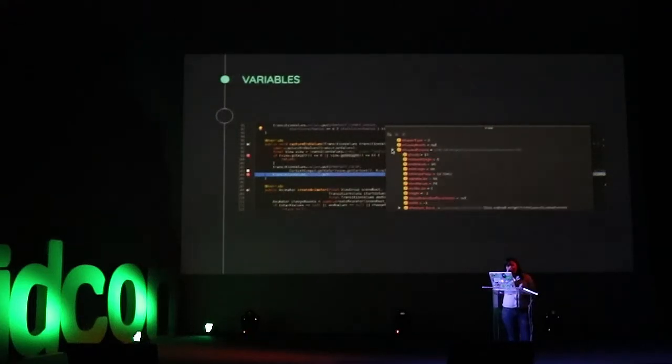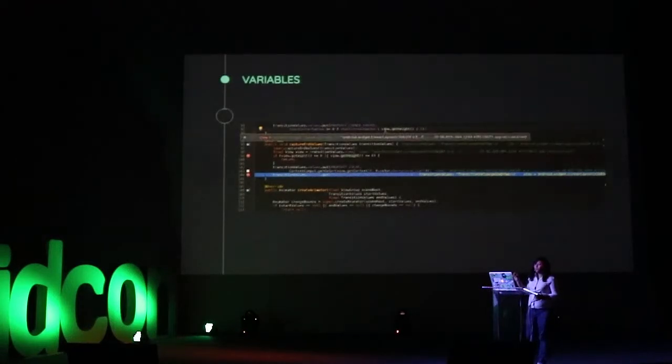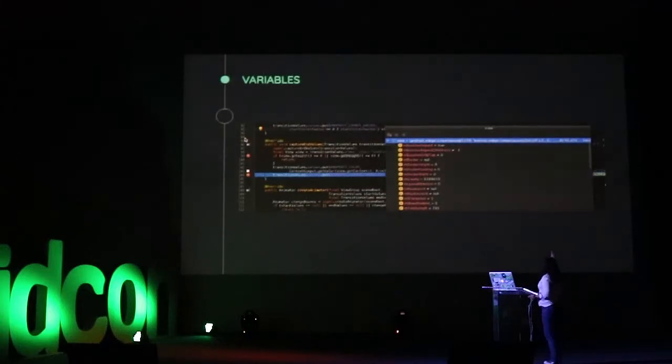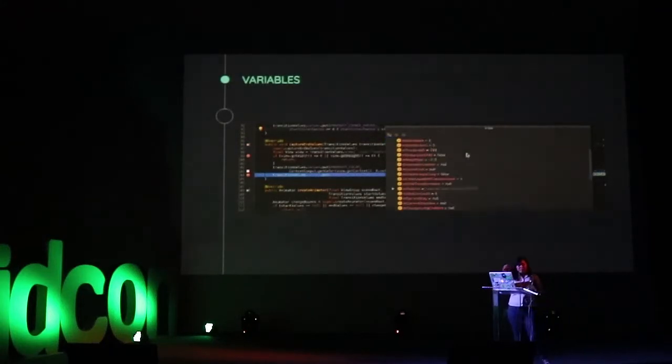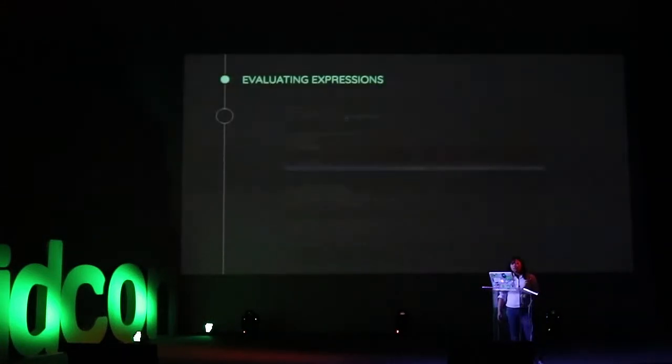So how do you do this? You right-click on a variable and then you click the plus. There will be a plus all the way to the end of the pop-up. And if you expand it, it will give you basically the same thing as in the variables view.